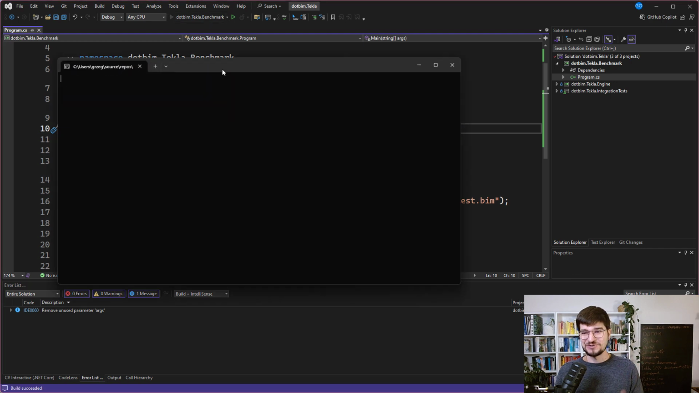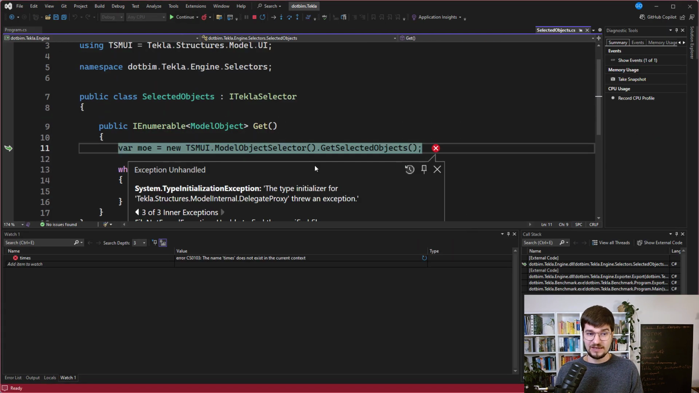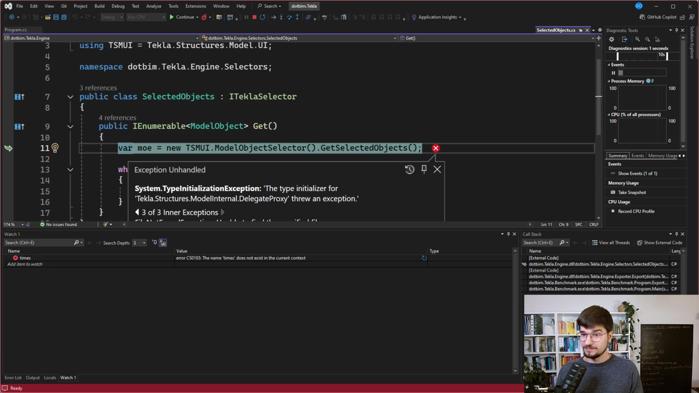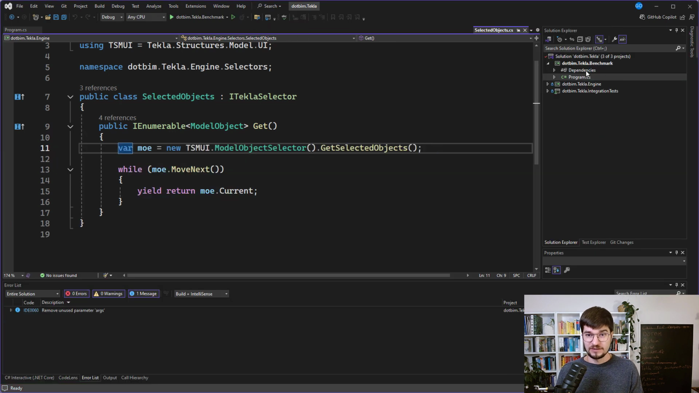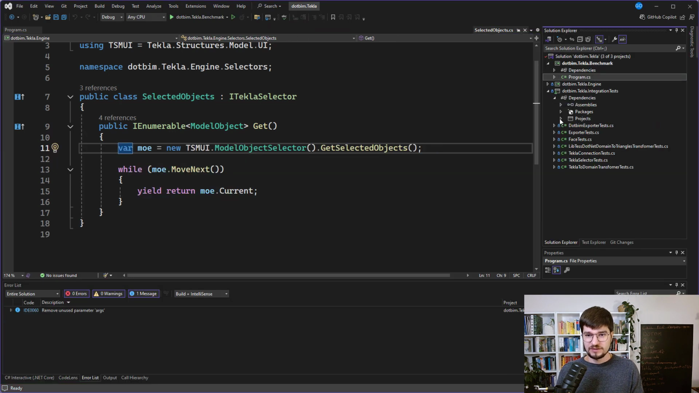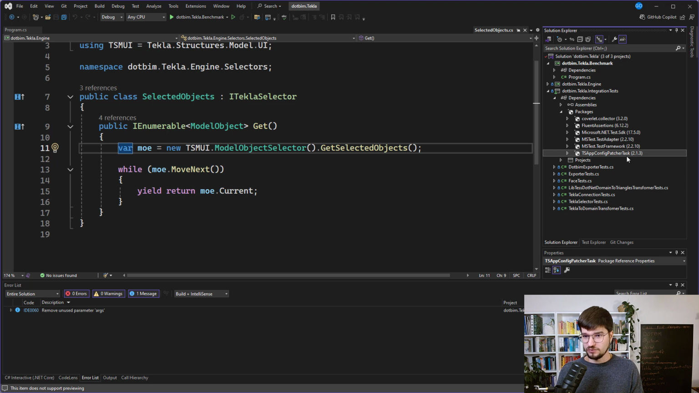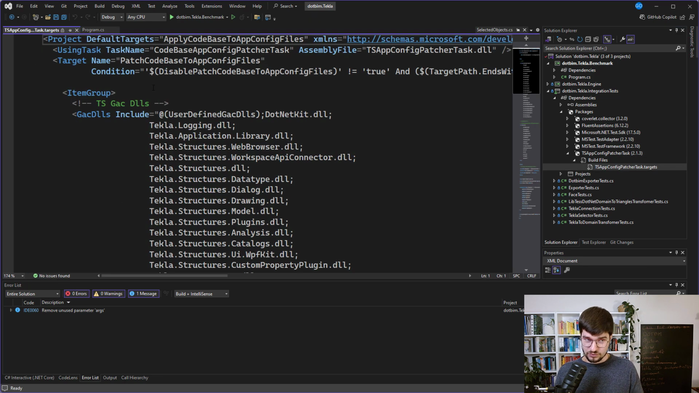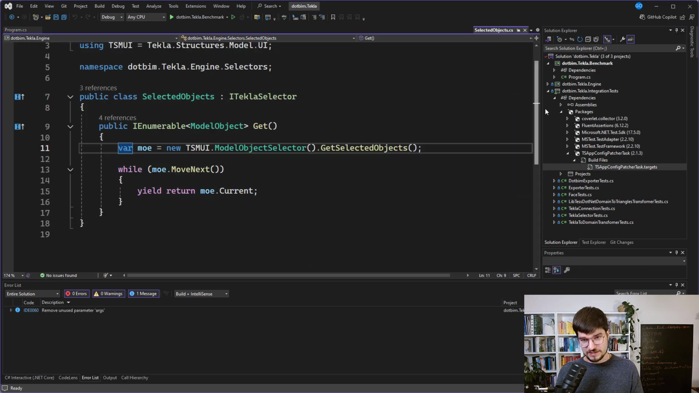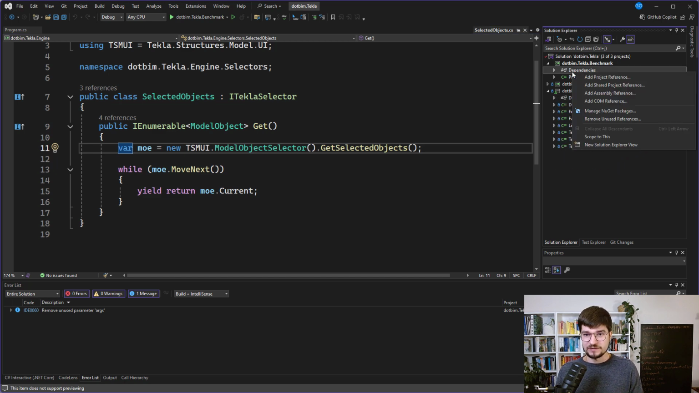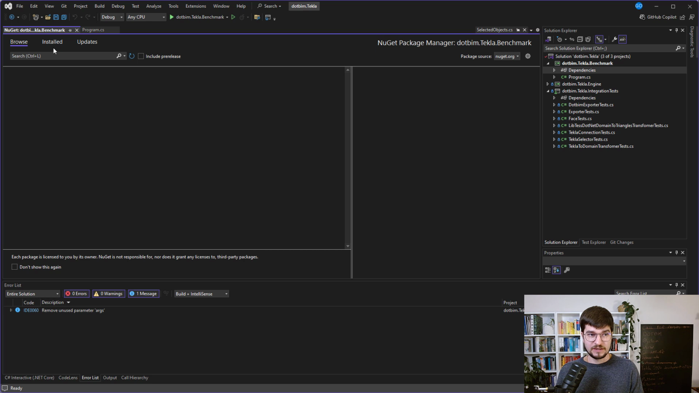So let's be sure that it will not work. And yeah, we are getting an error that we can't connect to Tekla. So here we are going again with the same TS, what was the name of that library? TS app config patcher task. We need to get it, or to try to reuse those targets, or fix it with the app config. There are different ways, but I will still try to use the same as Tekla